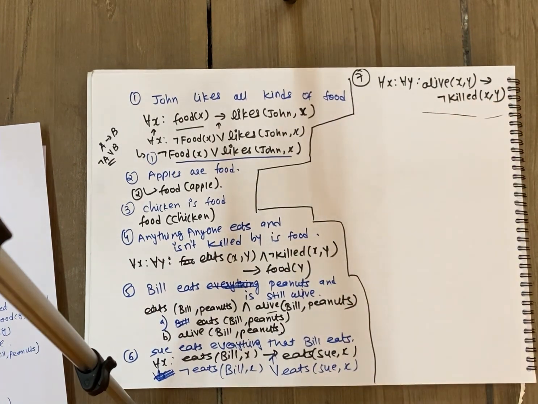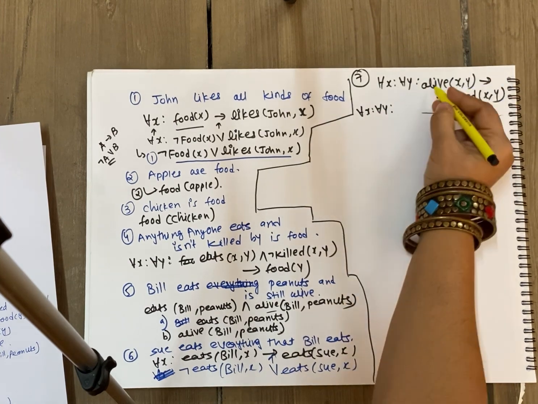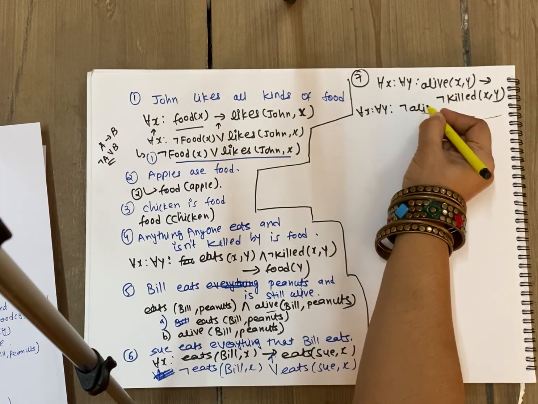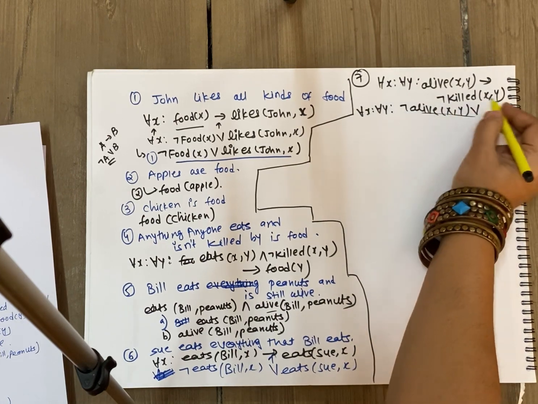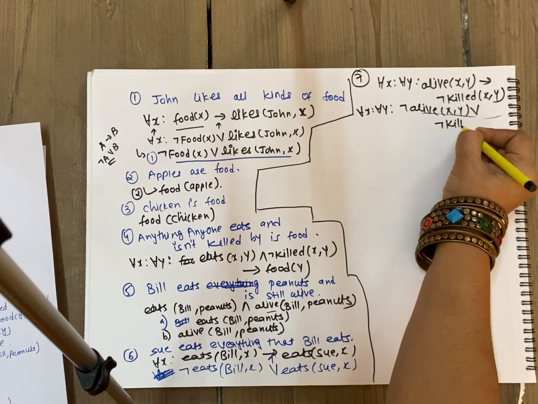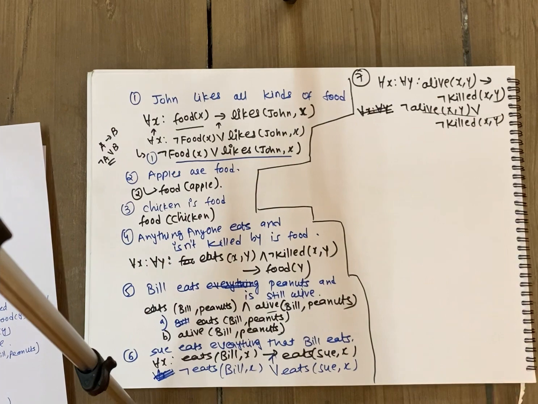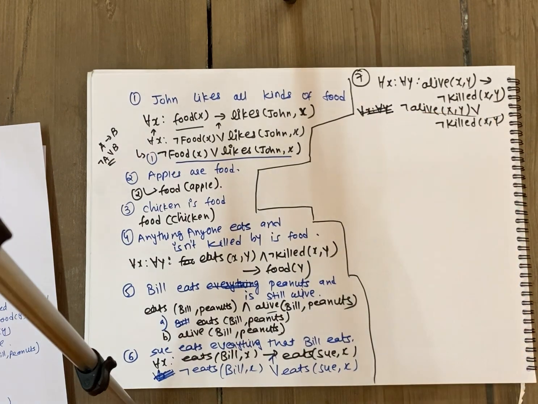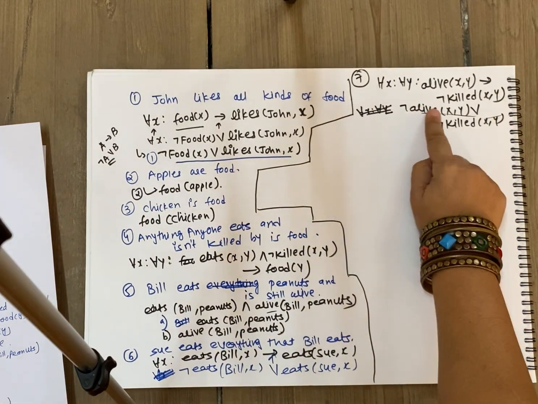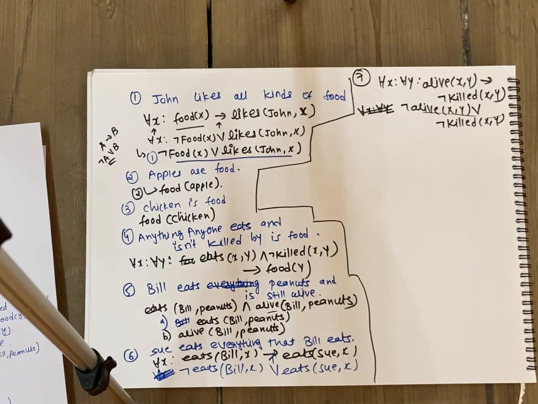So the CNF form of this is going to be: for all x, for all y. Then this is negated first of all, so not alive x, after eating y, or this is as it is, so not killed x comma y, and after that we are going to drop the quantifier. See, again you have to write them as separate steps. I am writing it in one step just because of the crunch up space. You have to write first of all with quantifier and then drop the quantifier and write it once again. So this is the conversion that we had required.